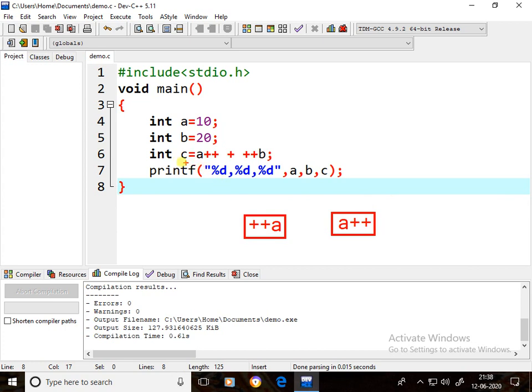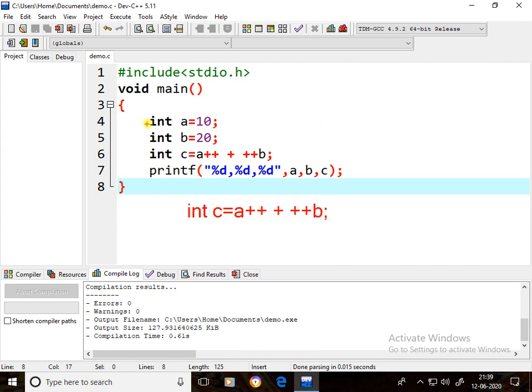Now, in this expression, I used pre-increment, I used post-increment, I used addition, I used assignment. How this expression is going to be executed, I'll explain. Say, integer c equal to a++ + ++b.